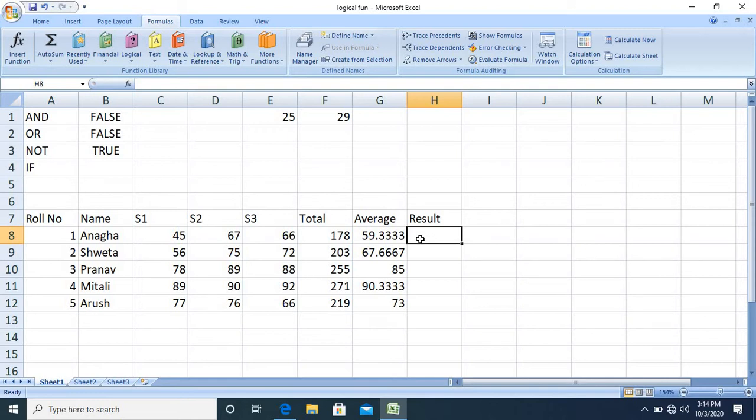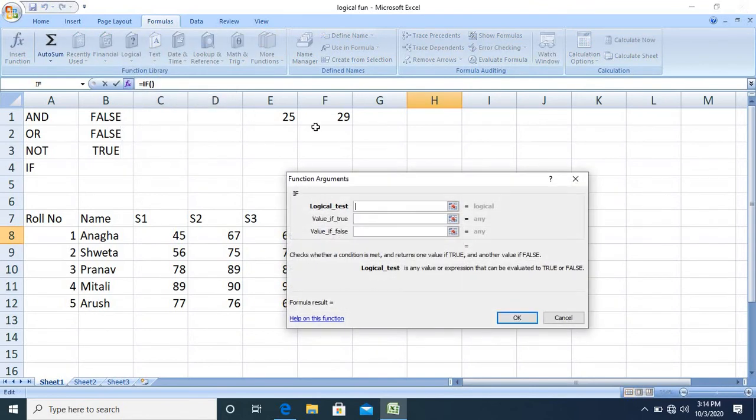Here we can use the IF function. The IF function has three parameters, that is the logical test, value if true and value if false. So whatever condition we give here, if this condition is true, then value if true will be returned by the IF function.